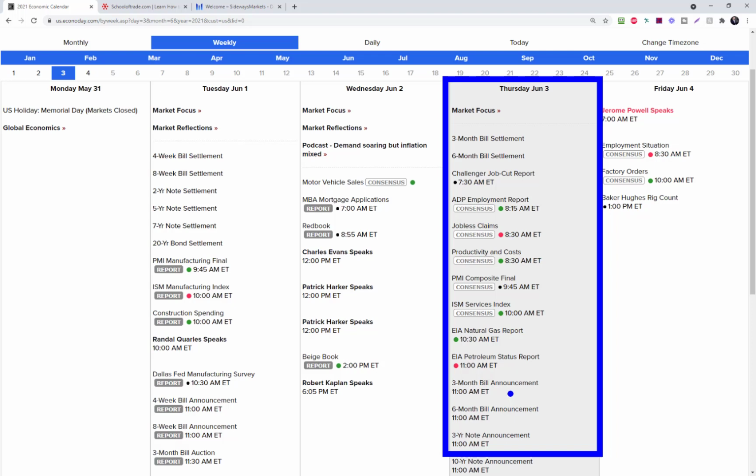Now, you'll notice the big news tomorrow is the inflation number, right? At 10 o'clock, we've got PMI and ISM, 9:45 and 10 o'clock Eastern time. That is most likely going to be the biggest catalyst in the market tomorrow. Not that I don't think jobless claims are going to be on people's radar, but we're going to have to see a pretty big surprise out of jobless claims tomorrow morning to really get a good market reaction